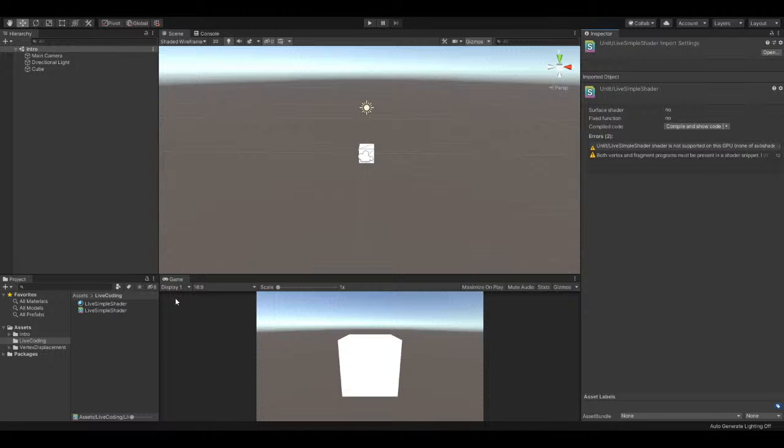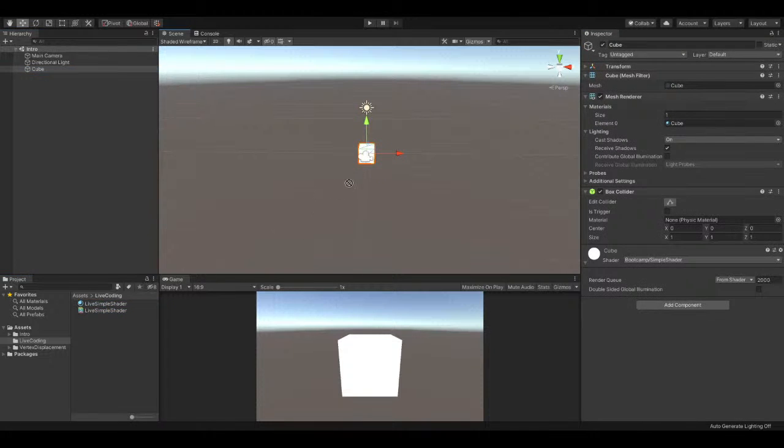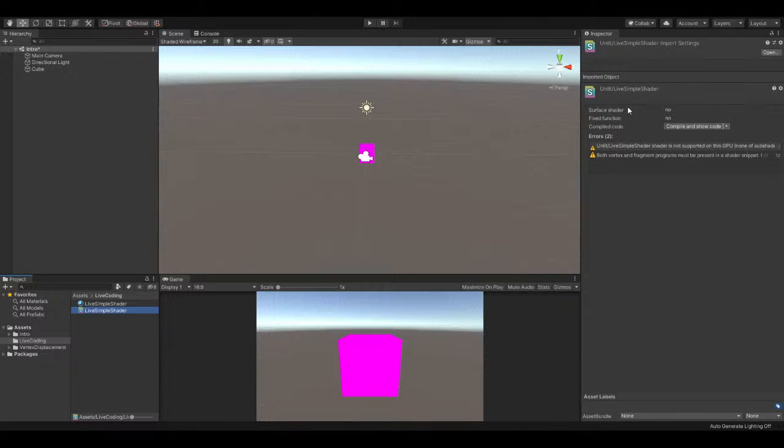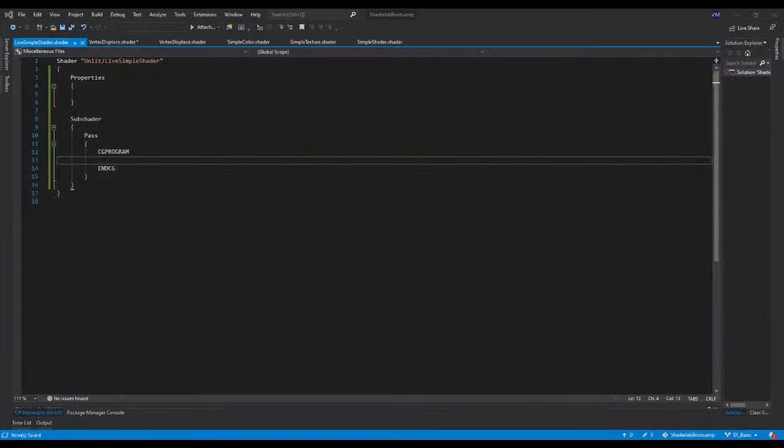All right, so you select the live shader sample here, which is in the live simple shader. I'm going to apply this to the cube. Okay, so let me check. It is pink. Perfect. It says no surface, no fixed function. There is some code which is giving some compilation error, which means we can read this. Shader is not supported on this GPU. Secondly, vertex and fragment programs must be present. Now that you know this much data from our previous slides, you can actually debug the shader, which means we say